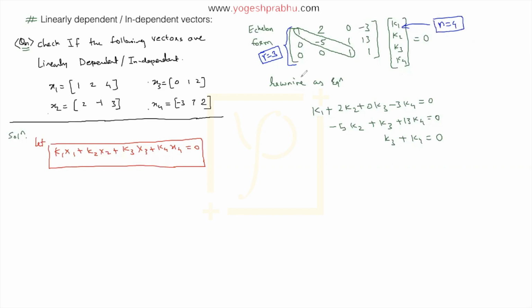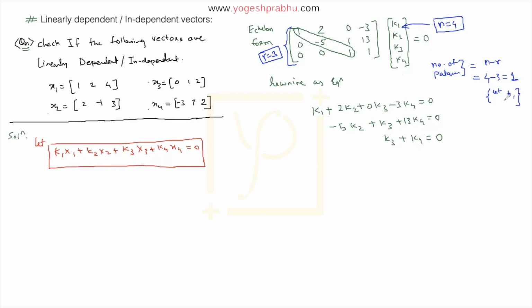And then once you get that r as 3 and n is 4, the rule says that we will need to form parameters, and the number of parameters has a formula n minus r. The number of variables here, n, is 4 and the rank is 3. So it's 4 minus 3, and 4 minus 3 is 1. So that gives us one parameter, and let the parameter be, say, T1. Let us assume one parameter as T1.